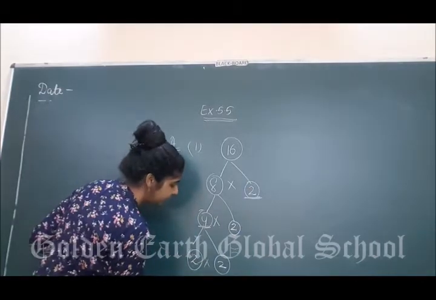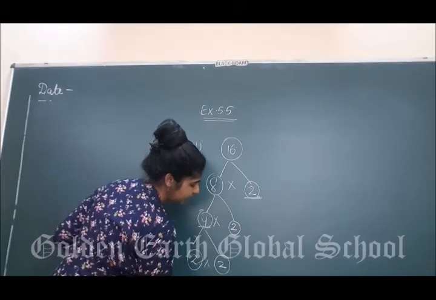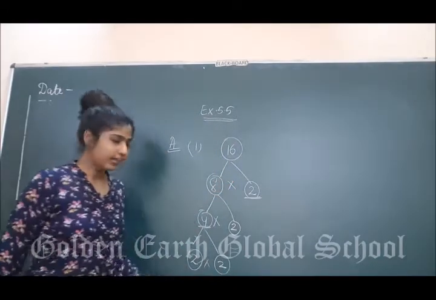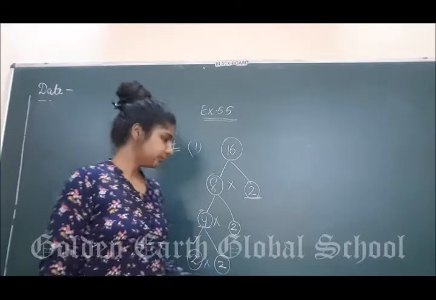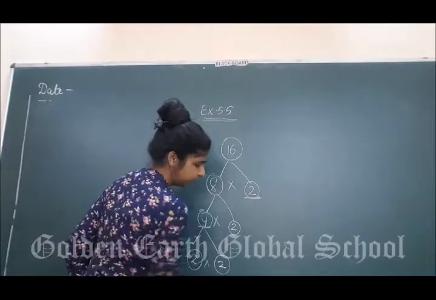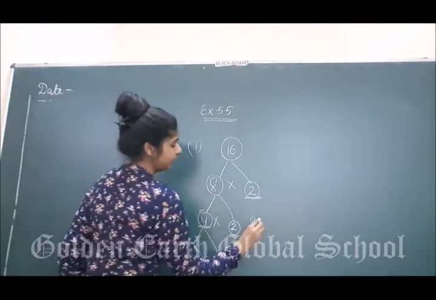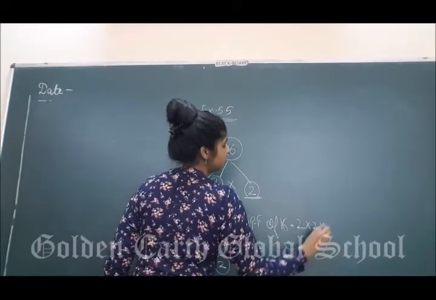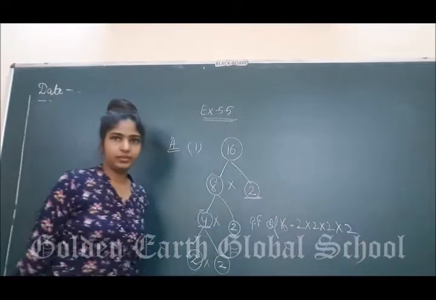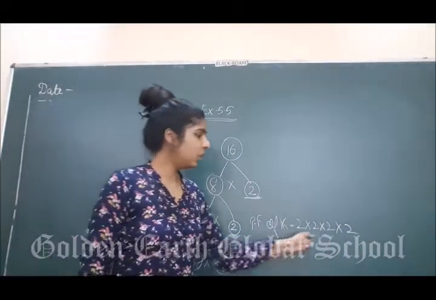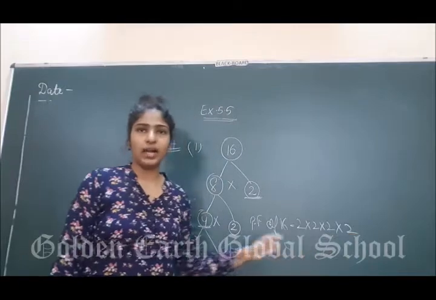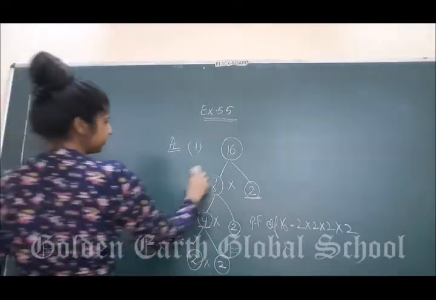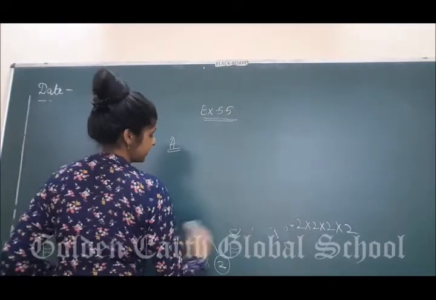So you will write the prime factorization of 16 is, clear? In this prime factorization, sorry the board is not visible. Prime factorization of 16 is 2 into 2 into 2 into 2. Right? In the prime factorization, all the numbers you finally get are the prime numbers. Clear everyone? Similarly, second part try by yourself.